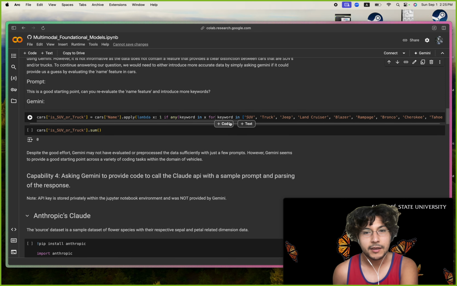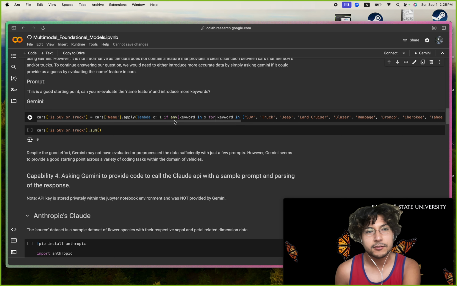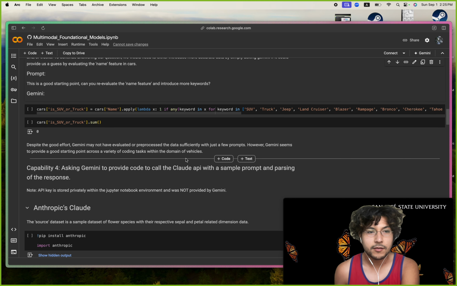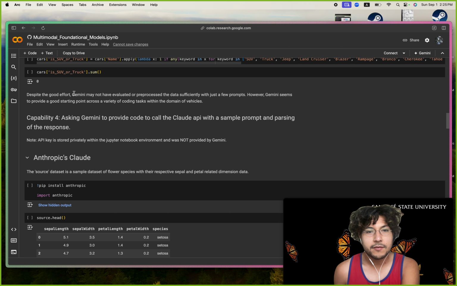So it seemed to look outside of the data. It didn't really look into the data and then search using that data. With just a simple prompt, it was not able to exactly guess from the names inside the data. So this was a good effort. It may not have evaluated or pre-processed the data. It may not have used retrieval augmented generation or ran some of its own code to search for